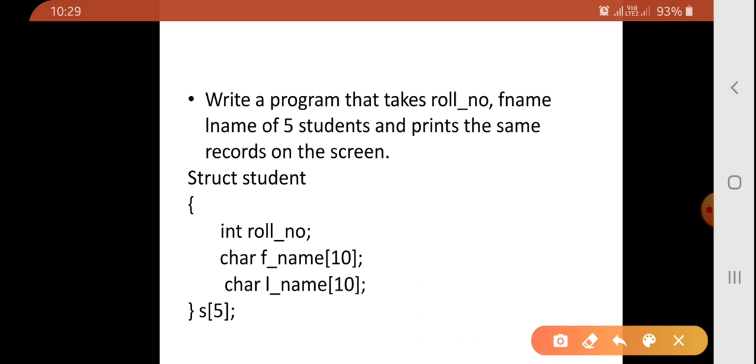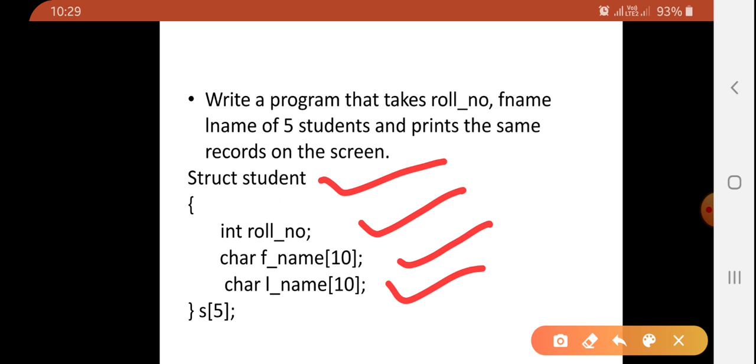We have declared struct student which contains roll, first name and last name, that is f_name and l_name. Now we have created s of 5. So s of 0 will store the information about one student, s of 1 about another student, up to s of 4.